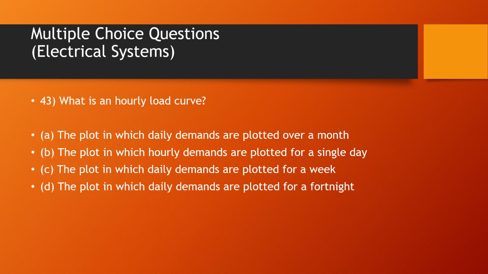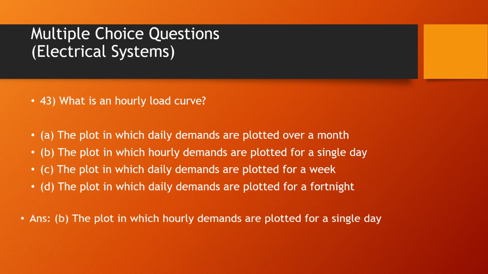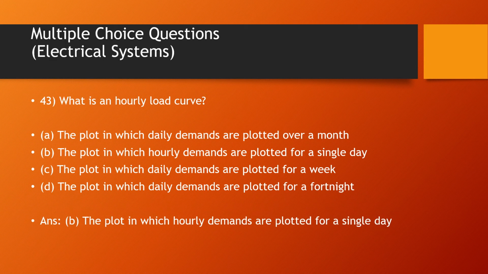Now coming to the next question, what is an hourly load curve? Option A is the plot in which daily demands are plotted over a month. Option B is the plot in which hourly demands are plotted for a single day. Option C is the plot in which daily demands are plotted for a week. Option D is the plot in which daily demands are plotted for a fortnight. And the answer to this question is option B, that is the plot in which hourly demands are plotted for